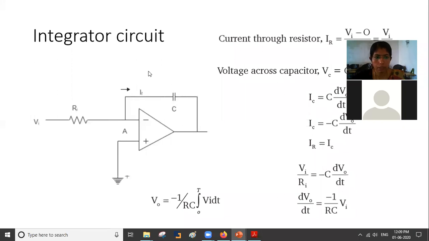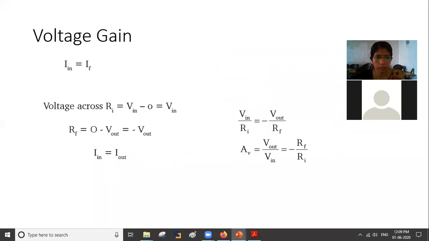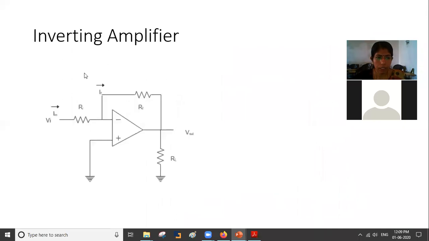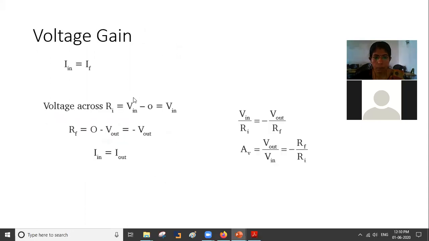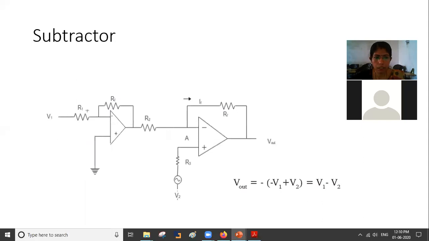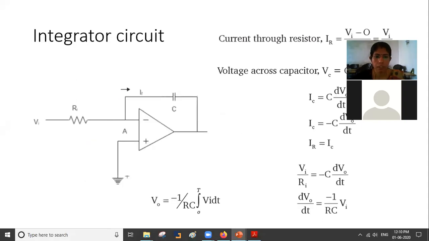In an inverting amplifier, there is a similar connection. Here you can see an inverting amplifier. Your input is given through the inverting input, and the amplified output is produced here, but the amplified output will have a 180-degree phase shift. So here the feedback network is provided by connecting a resistor. But in an integrator, instead of a resistor, we are using a capacitor. So a capacitor is used here in an integrator circuit.